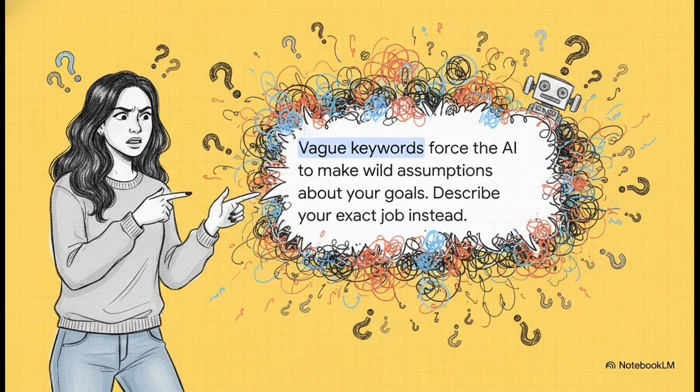And this right here, the prompt "Help Me Learn Prompts," brilliantly illustrates the danger of using vague keywords instead of explicit instructions. When you just toss a generic phrase at an AI like that, it has to make like 1,000 assumptions. Who are you? What's your skill level? How much time do you even have? And what format do you prefer? It's a terrible prompt, but hey, it's incredibly relatable. We really need to fix this.